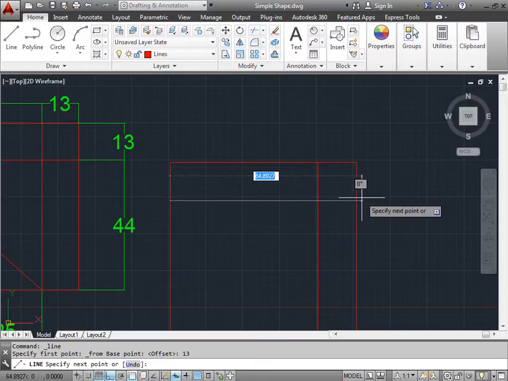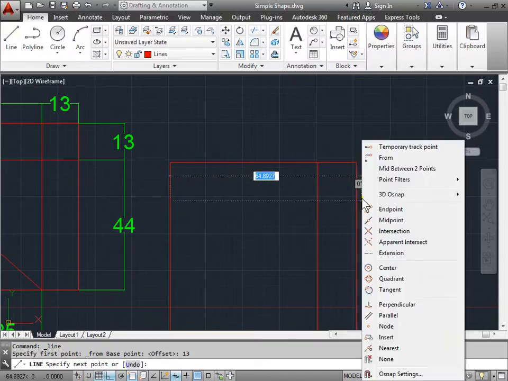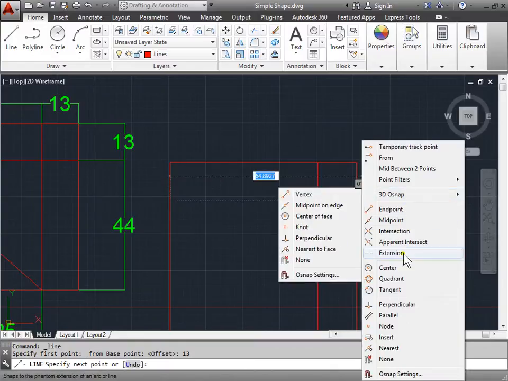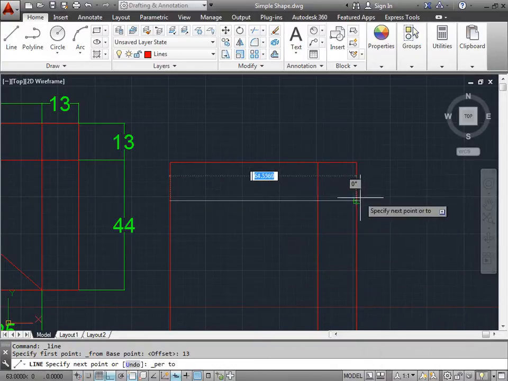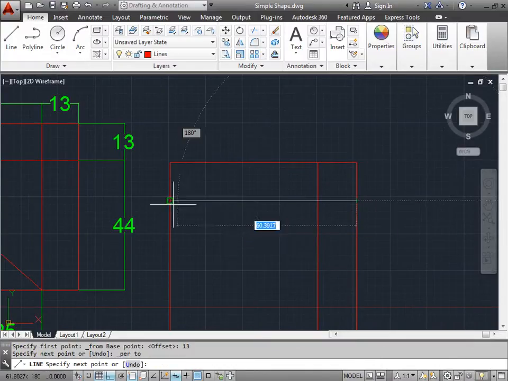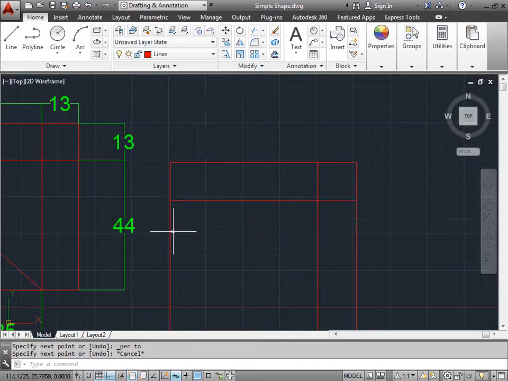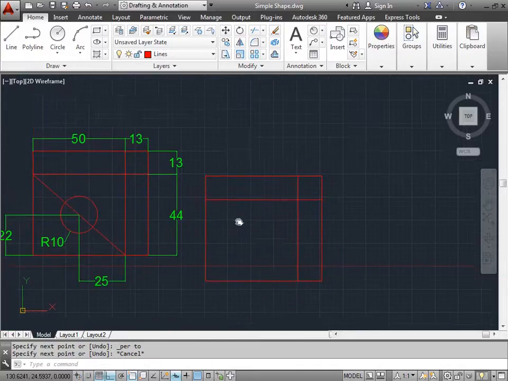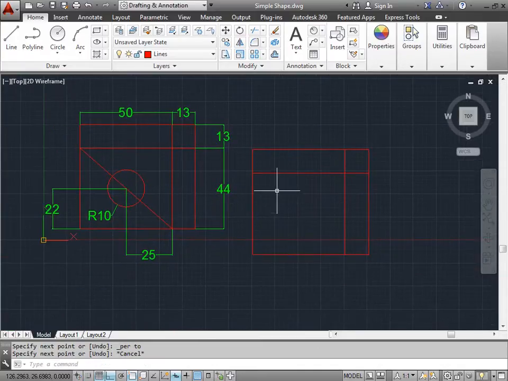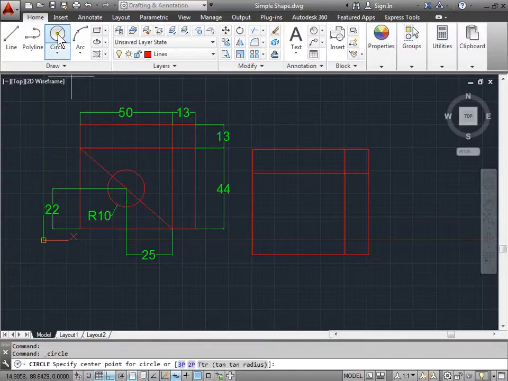I'll pull it across and I will shift right click, and just to make sure, I'm going to make a perpendicular line to this one over here. And there you go, I've created the line again. I'm going to hit escape, zoom out, pan over to the side, and now all I need to do is create this circle here. So how do I do that? Well, there's a couple methods that I can use. I can go ahead and activate the circle command,